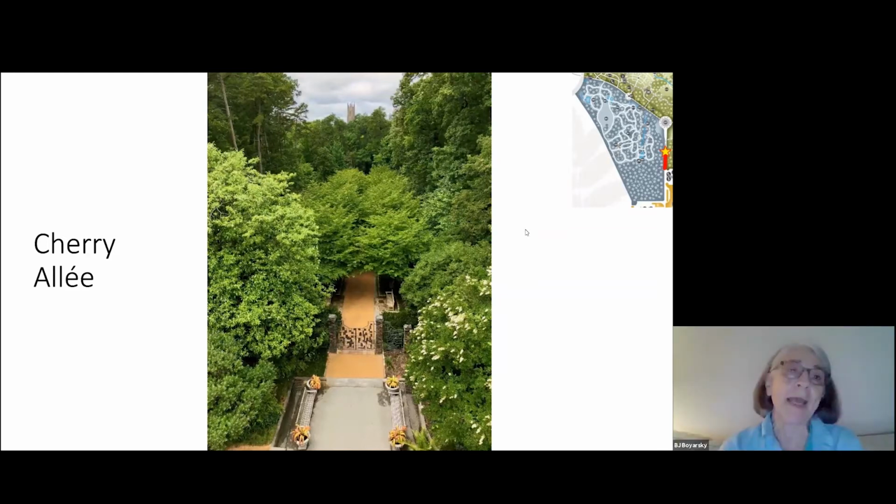Once you pass through these Gothic gates, you will find yourself on the Cherry Allée. Cherry, because the trees that arch over the path are a type of cherry tree known for their blossoms in the spring. Allée is a word used in garden design to mean a straight pathway between trees or bushes. Can you spy the Duke Chapel peeking over the tree line?